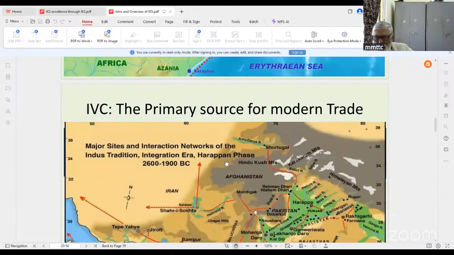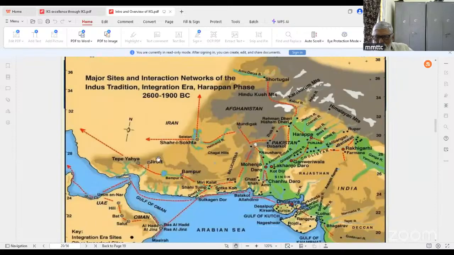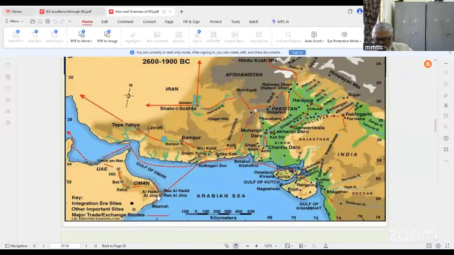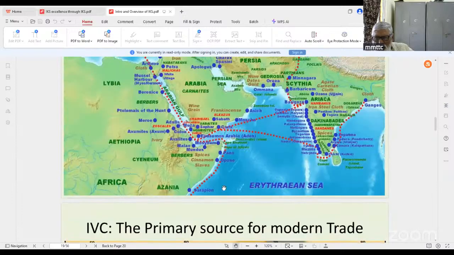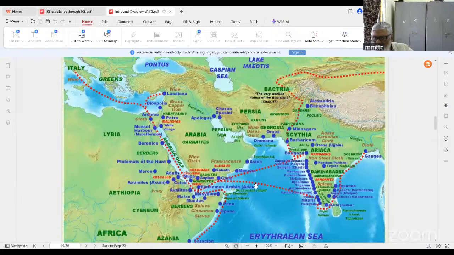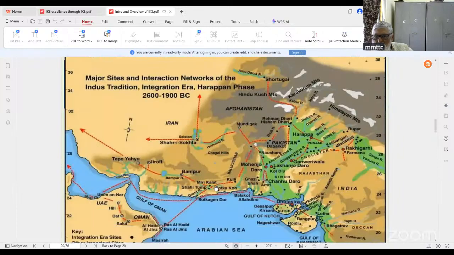This is about three and a half to 4,000 years back, how the Indus Valley civilization started. Tremendous trade, both on land and on sea. They were all the time trading on the sea by hugging the coast. It's only much later that they started crossing directly. So this is how it was about 4,000 years back. This is the time, around 4,500 years back, that things started happening, what we now know as IKS.